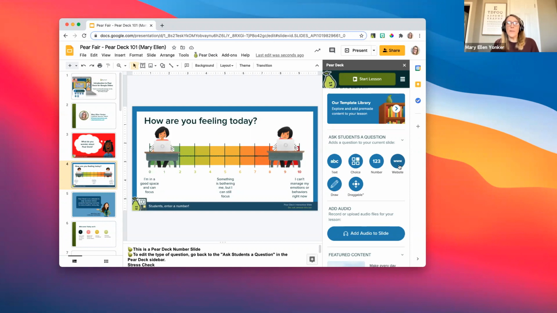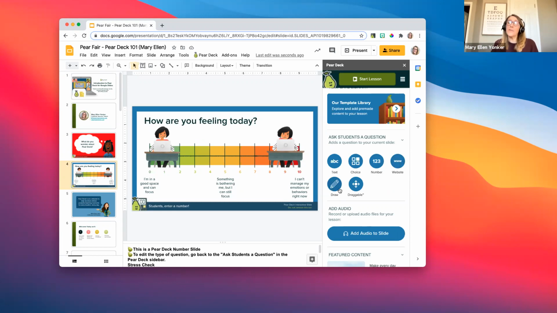So this is a great place to add a Google form, a document, a database article, or a website that you want them to look at, and then they won't have to leave your presentation to engage in that website. You can also app smash and add a PhET simulation or a Flipgrid or Kahoot. So website allows you to embed that website in your Pear Deck presentation, and your students won't have to leave your presentation to engage.